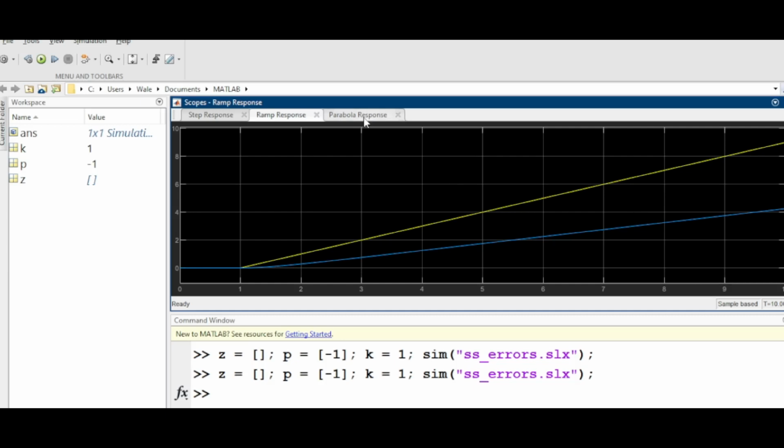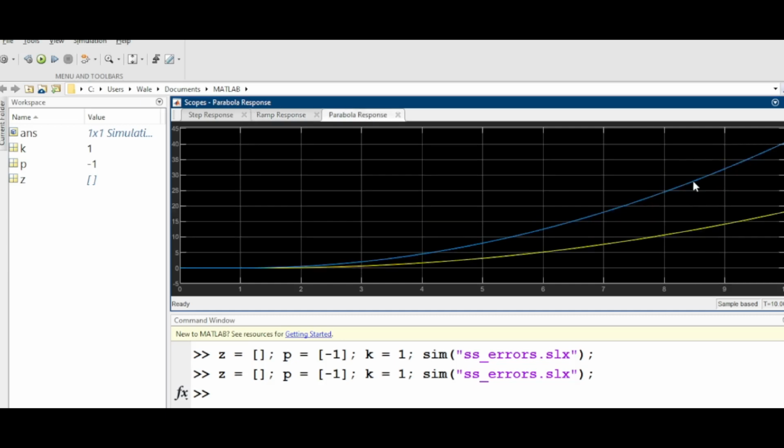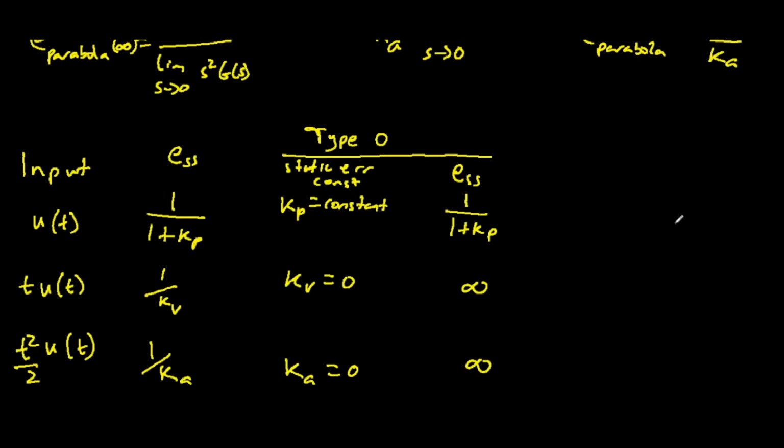For a parabolic response, you also expect the same thing. And here you see two lines that are diverging. They are divergent, so it means you have an infinite steady state error. Let's look at a type 1 system instead. If we had a type 1 system,